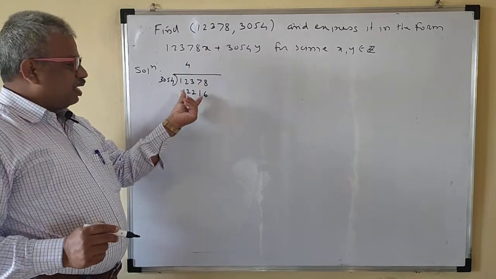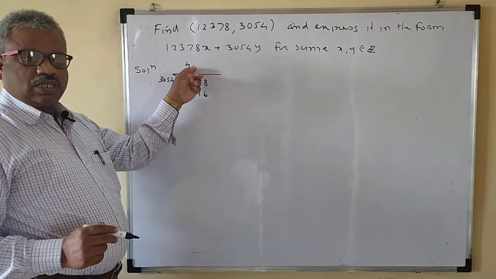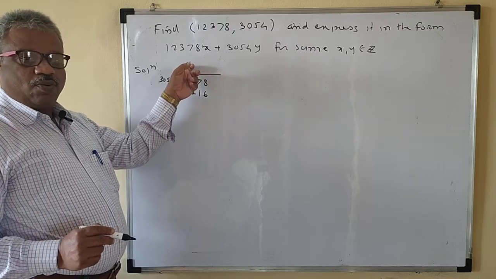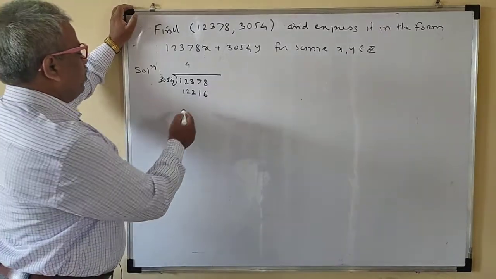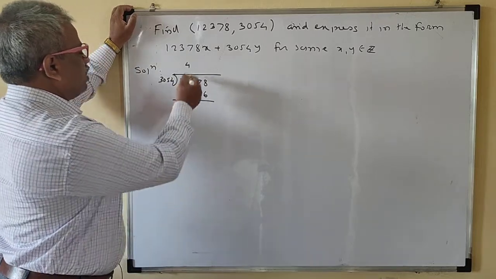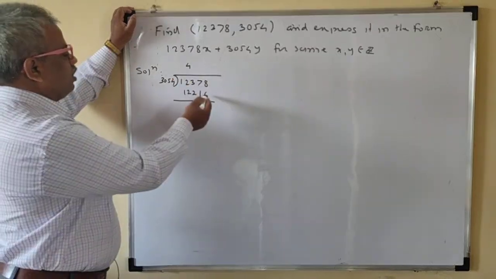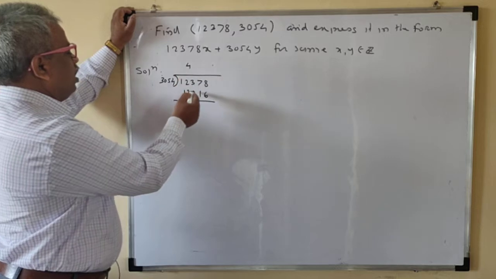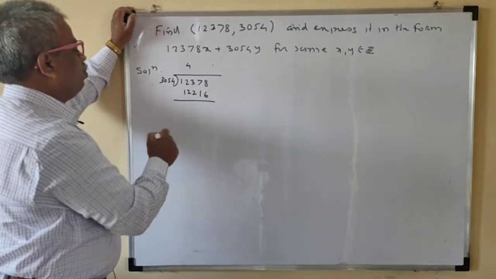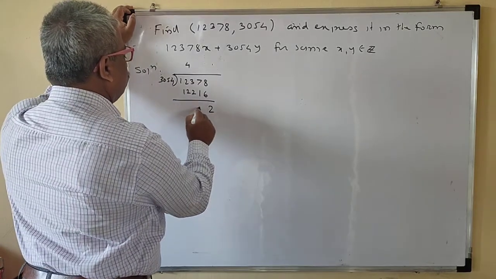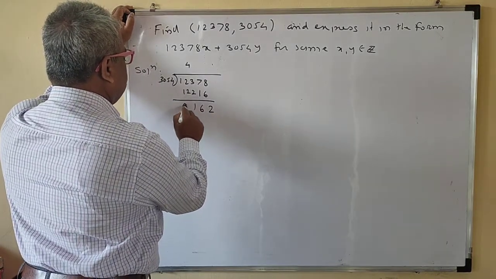If this number were bigger than this number, then we would reduce this 4 by 1, so it will be 3, then multiply by 3. Okay, so we are familiar with this one. Once again we'll check: 4 fours are 16, 4 times 5 is 20, so 21, 0 is there, so 2, 12. Okay, so we are correct. This is 2, 6, 1, 0, 0.